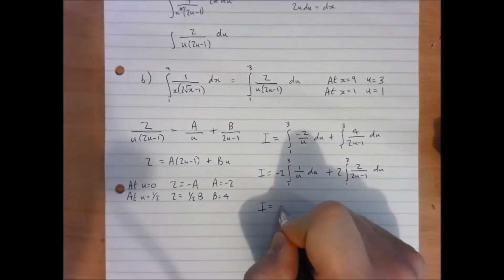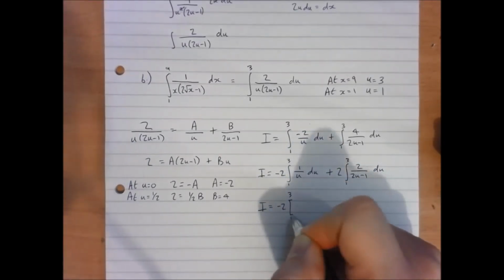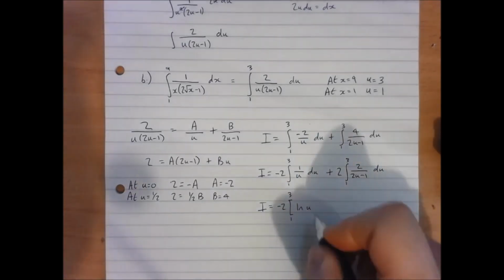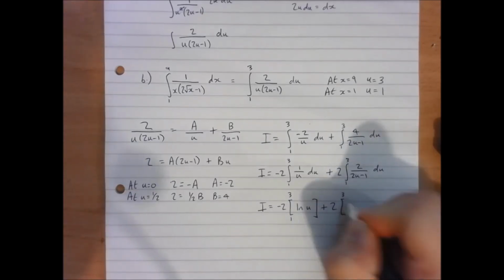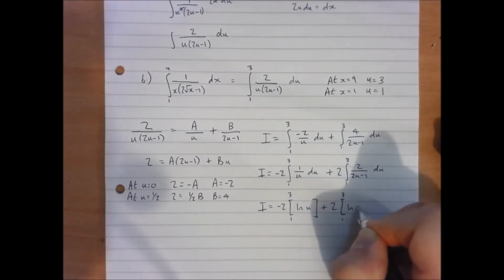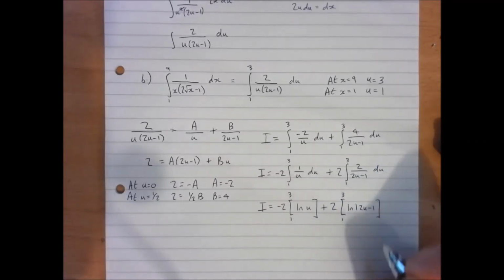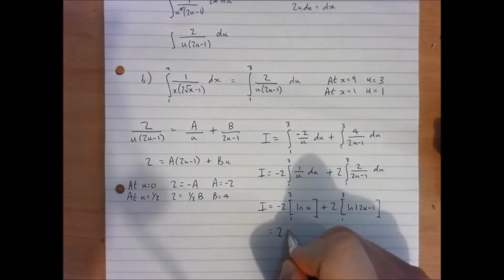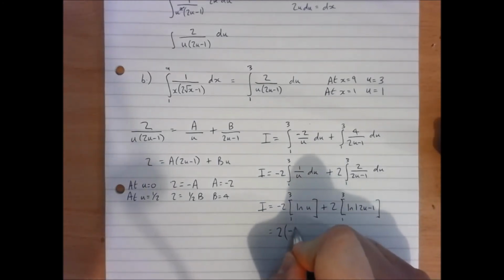So, when I do my integral, I now have minus 2 lots of log u, to substitute in 3 and 1. And I have 2 lots of log 2u minus 1, again between 3 and 1. So I can take that 2 out as a common factor, and this gives me minus log 3